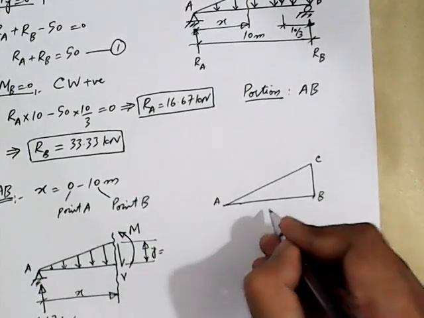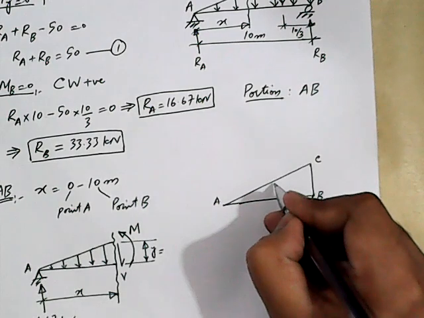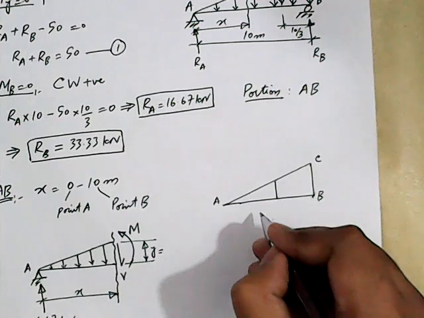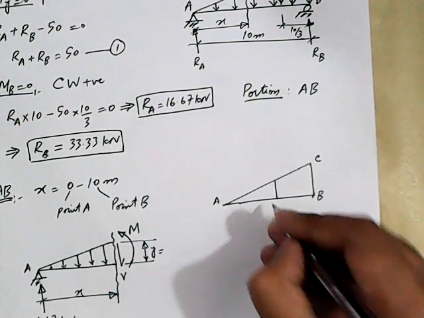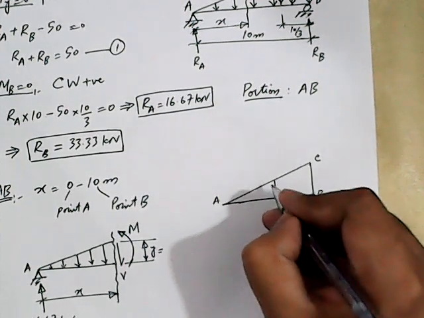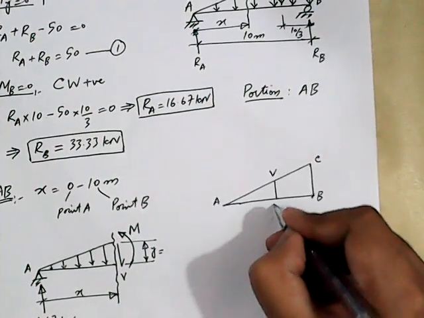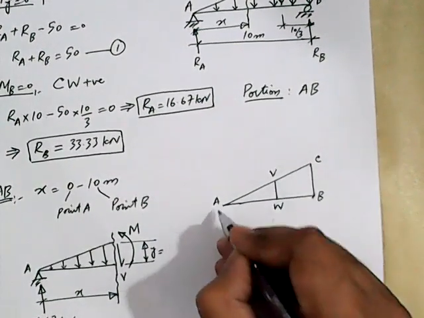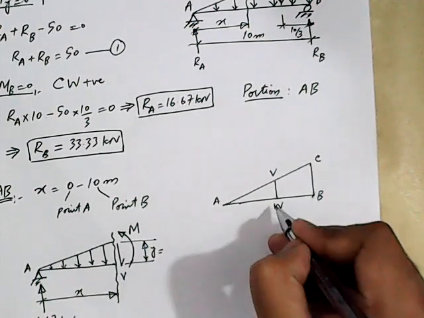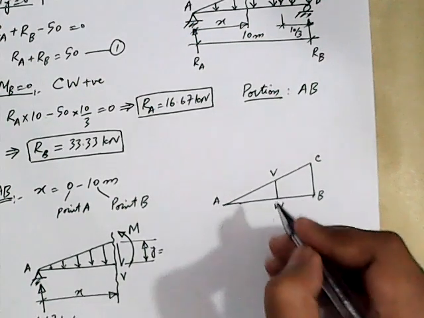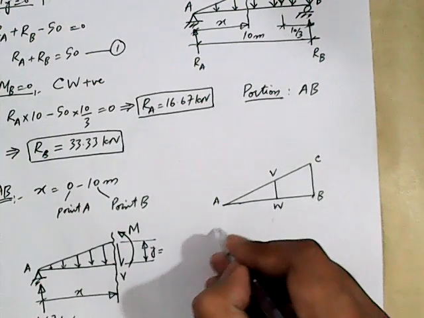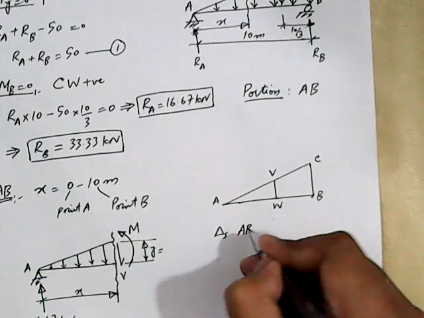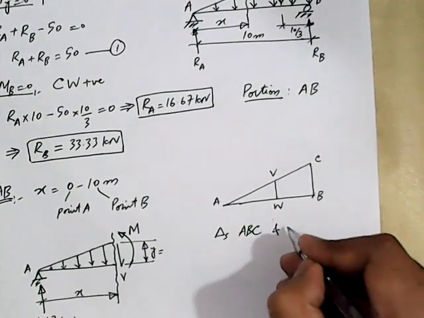Let's say I call it C, and I have cut a section here. Let's call it V, and let's call it W. Now we have a bigger triangle ABC, and we have a smaller triangle AWV. And if we consider both these triangles ABC and AWV,